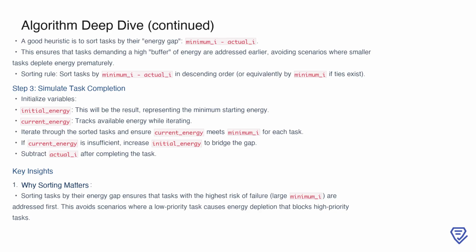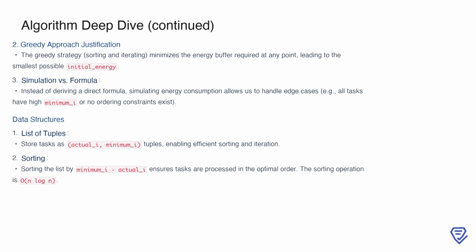After completing the task, we deduct the energy consumed, actual_I, to update our available energy. This simulation allows us to determine the minimum starting energy required to complete all tasks efficiently. The greedy approach of sorting tasks by their energy gap is justified because it minimizes the maximum energy buffer required